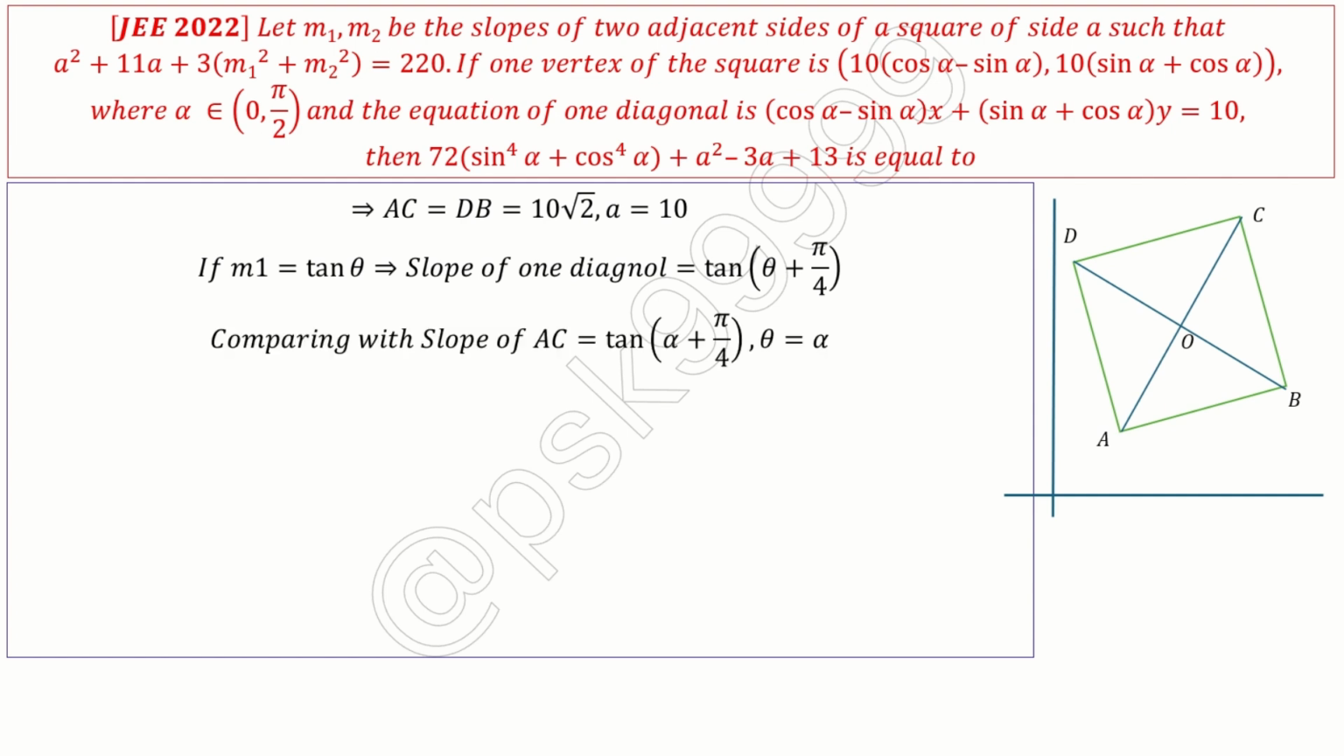Now, what is the comparison we got for the slope of AC? For AC we got tan of alpha plus pi by 4, which means theta is equal to alpha. Theta is equal to alpha. Once you know this, it is very simple. Now a square plus 11a plus 3 times (m1 square plus m2 square) equals 220, which is the given information. So if I substitute a square equal to 10,